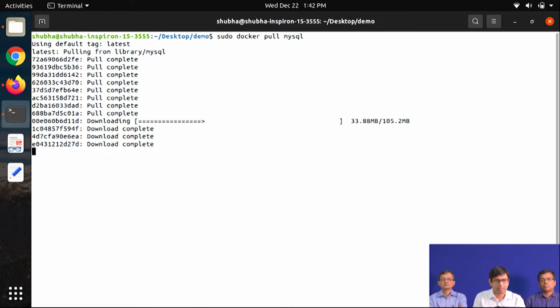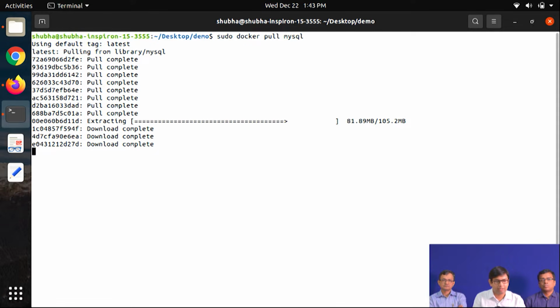After that we will be able to save the image, this MySQL image, with that new database. Then that image can be transferred to another system and run there. It may be Ubuntu, Windows, or CentOS Linux.